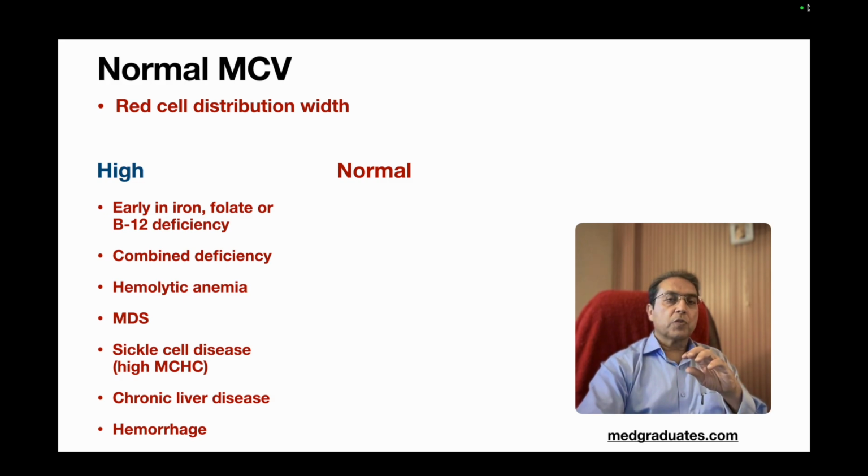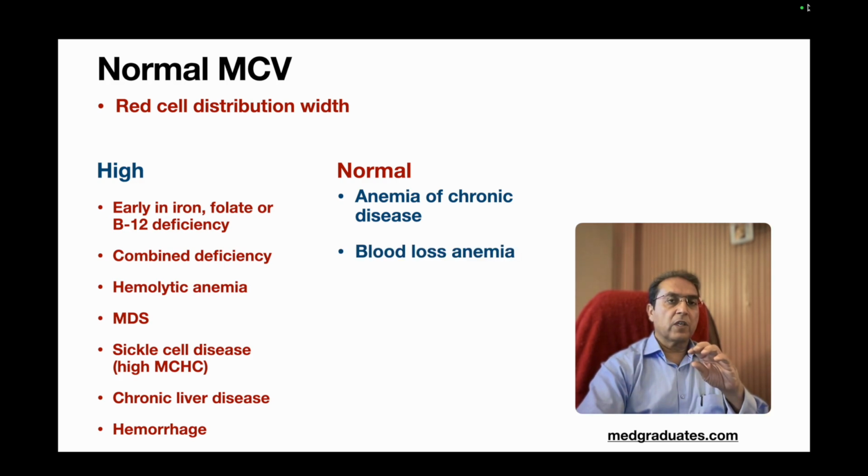So if the red cell distribution width along with MCV is normal, this may be present in anemia of chronic disease and blood loss anemia, where immediately if you check the hemoglobin and CBC, you find that the hemoglobin may be nearly normal, the MCV is normal and the red cell distribution width is also normal. It is after some time, when the reticulocytes start coming into the circulation, that the red cell distribution width starts getting higher and higher. Then patients who have hemolytic anemia may have high MCHC, and then patients with aplastic anemia